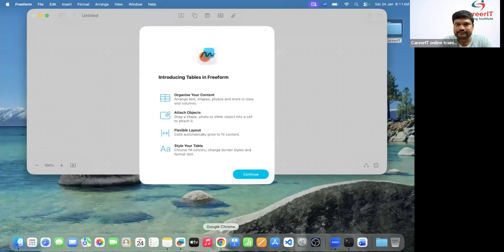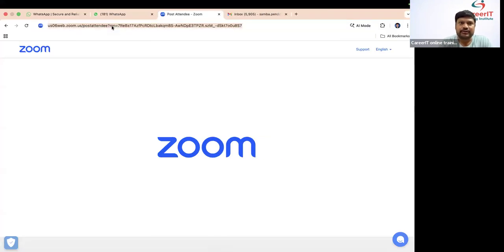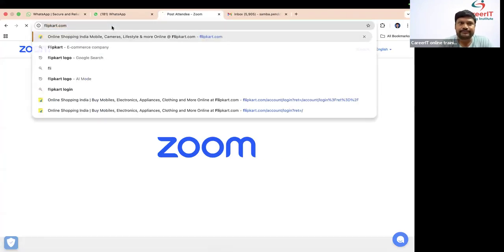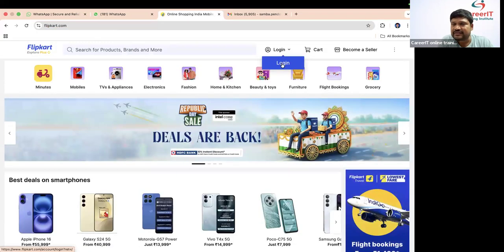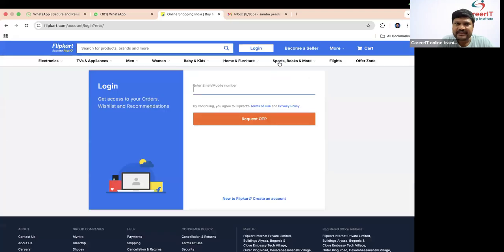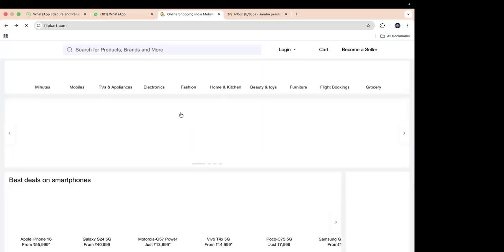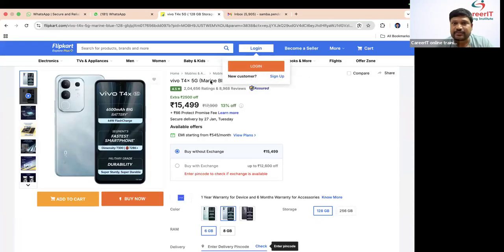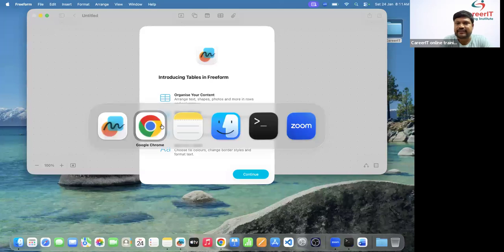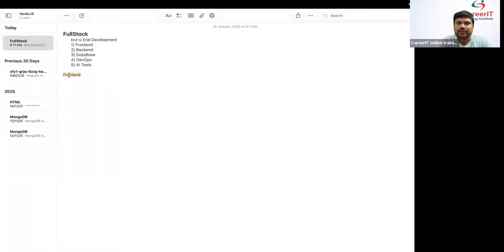Uma, for example, let me go through Flipkart. I wanted to go to Flipkart. Are we able to interact with the button? Yes or not? Yes. Are we able to interact with the particular division? Yes, we are able to interact. As a customer, as an end user, I'm able to interact. That is called front end. Got it or not?